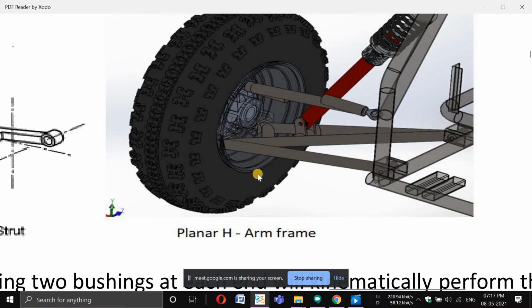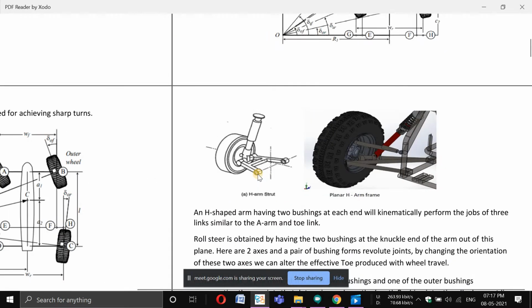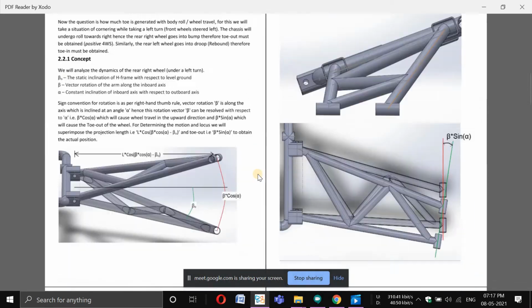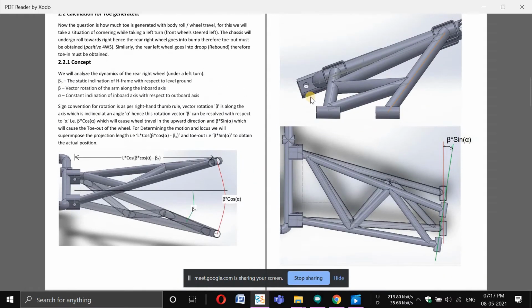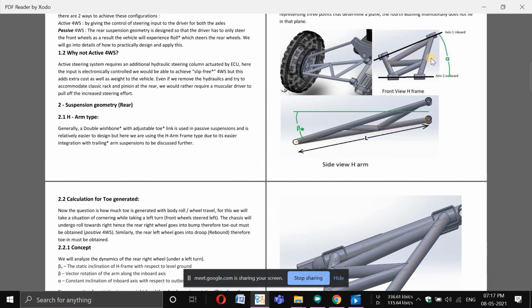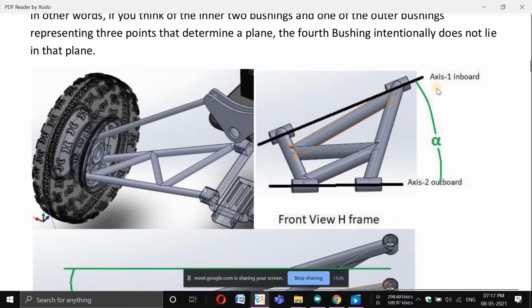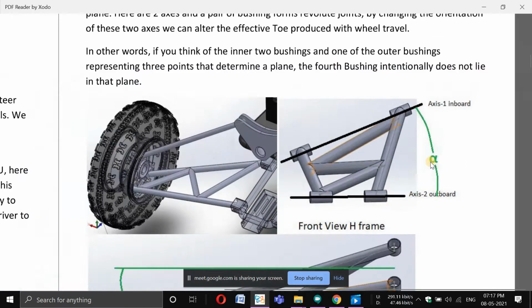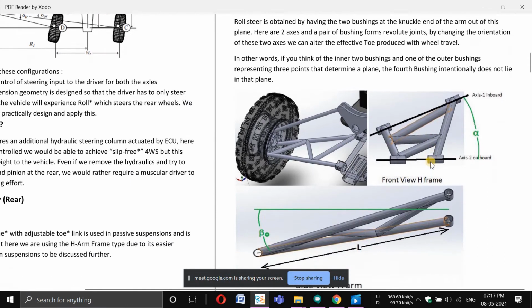I have defined it in this way so that it would be a bit clear for the next thing which I am going to present. So these are the axes. These axes, inboard axis 1 and outboard axis 2, are making an angle alpha among themselves. This is a static angle. This alpha is defined. This does not change at any point because this is a structural member which is assumed to be rigid.